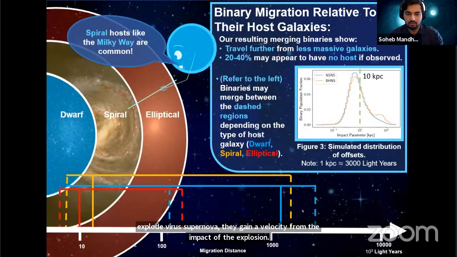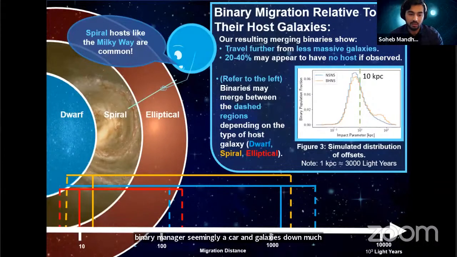So what we find is that the majority of these compact binary mergers seemingly occur in galaxies that are much like our Milky Way. What we also find is that the type of galaxy plays a crucial role in determining how far the binary is able to migrate. For example, dwarf galaxies, which are much less massive than the Milky Way, would allow the binary to travel much further, purely because the gravity is weaker in general. On the other hand, if you have a greater mass and therefore greater gravity, say in an elliptical galaxy, the distance at which a binary can migrate is much shorter, and therefore there's a higher likelihood that the binary will remain bound to the elliptical galaxy.